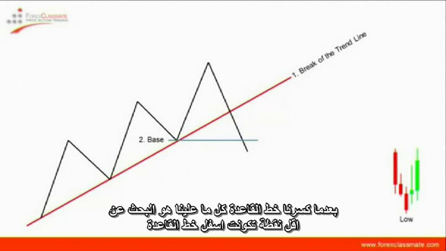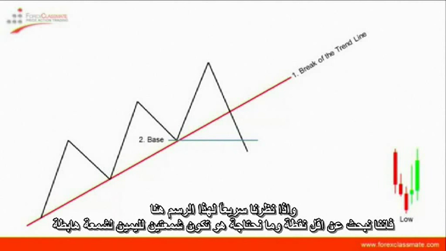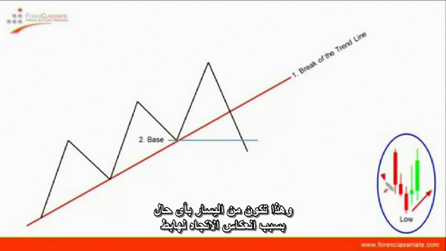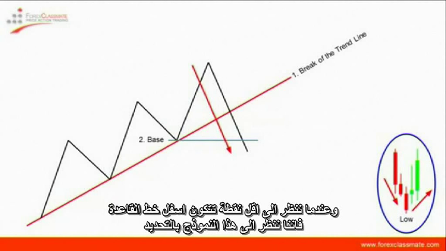So once we've broken the baseline, we now need to look for a low point that forms below the baseline. If we take a quick look at this diagram, when we're looking for a low point, we need to form 2 candles to the right of a low candle, and of course we would have already formed them to the left anyway, purely because we're in a downtrend move. So when we're looking for a low point, and the low point needs to form below the baseline,